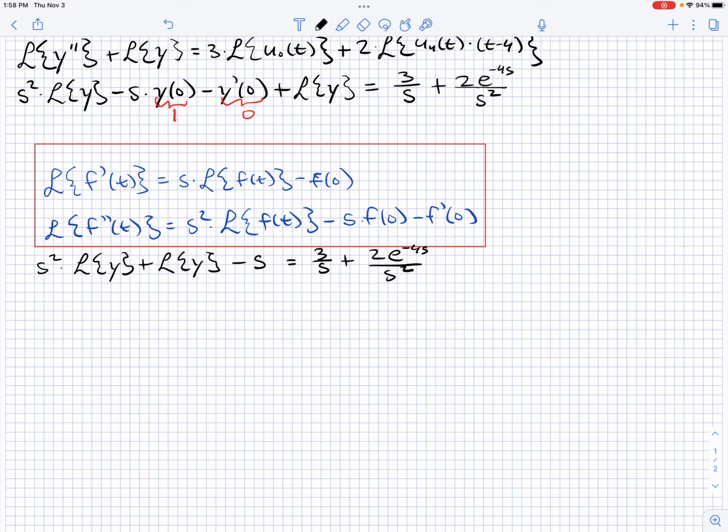And then, now what do we do? Get the Laplace transform of y by itself, factor it out, and get s squared plus 1 times the Laplace of y